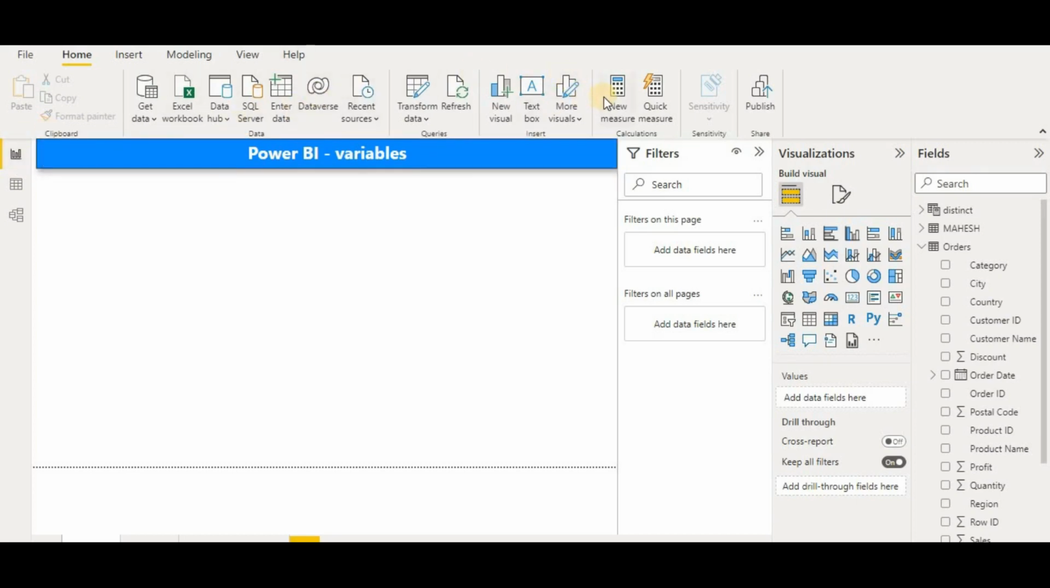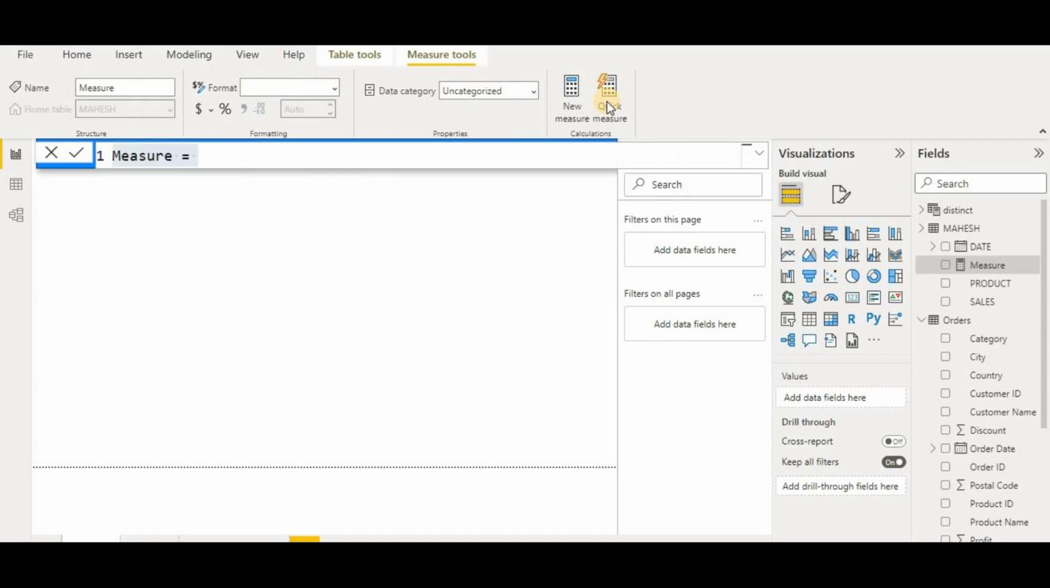First of all we will go to a new measure, and after going to new measure we will create a measure with the name add numbers equal to, then I will create a variable. So I will type var here. For defining a variable we have to give it a name, so I give the name number1. So number1 is our first variable, equal to, we give it some value like 23. Then I will create another variable, number2, and give it some value like 45, and I will now return